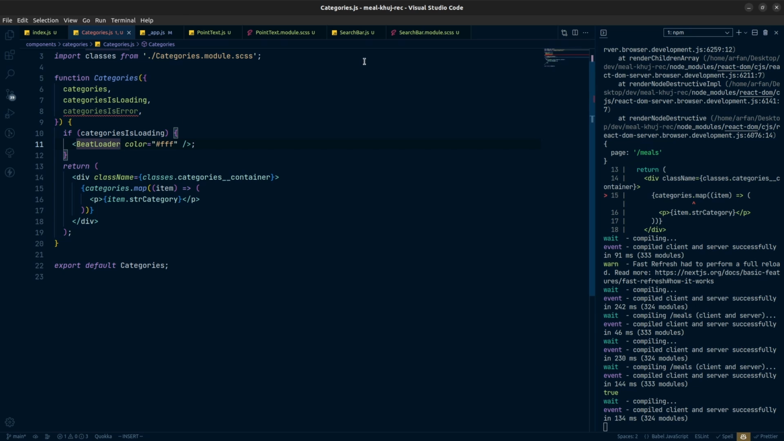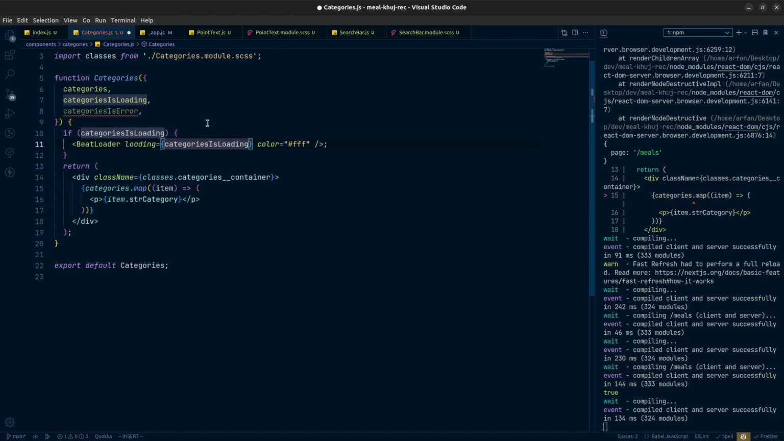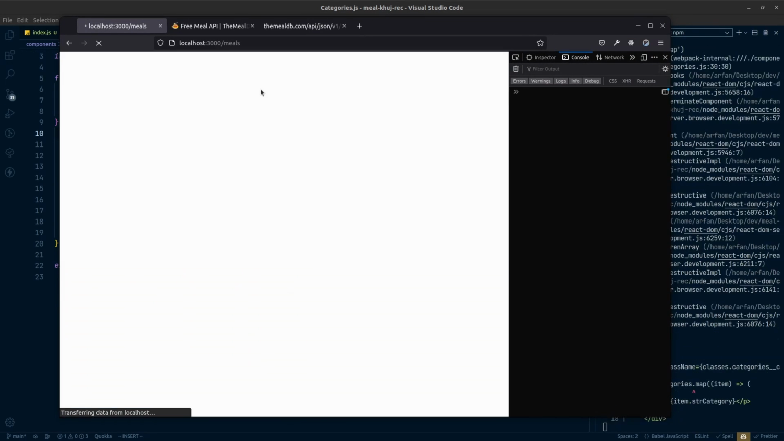So here in our BitLoader, we need to actually provide a loading state. So this will be the state which should control the loading. So here it will be categoryIsLoading. So if this is true, then we will see the loader here. I mean, if it is false, then we will not see it. So I think this is the case, and if I refresh now,